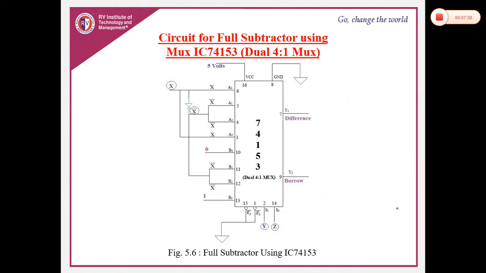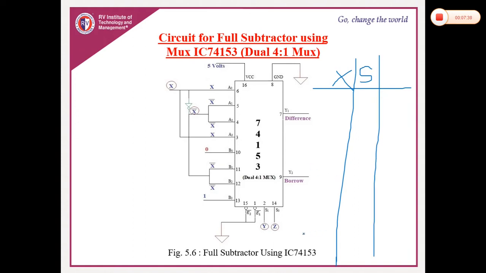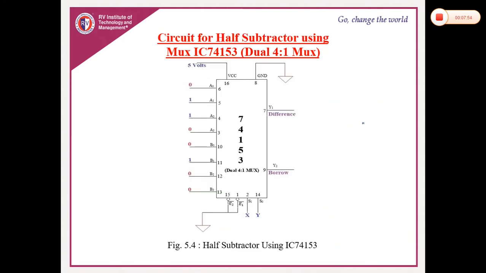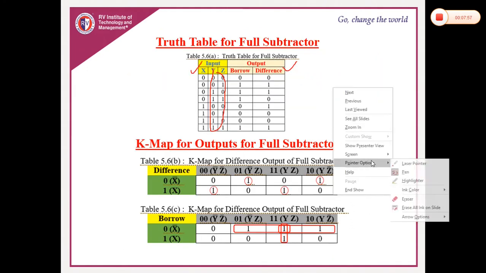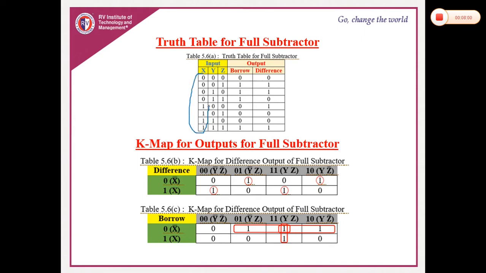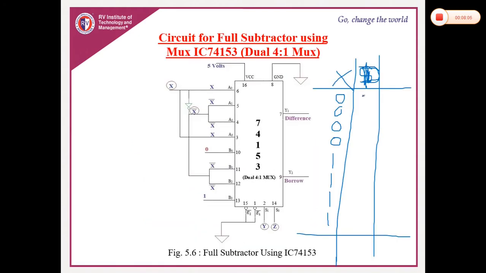How to do this? Again we have to concentrate on X and the output initially. Write the generalized expression and divide the circuit. First X: 0 0 0 0 1 1 1 1. There is no sum, actually this is the difference output. Sorry, this is the difference output. In order to get the difference you can just go through the full subtractor truth table. For these X combinations we have the difference output like this: 0 1 1 0 1 0 0 1. This is just like the sum.